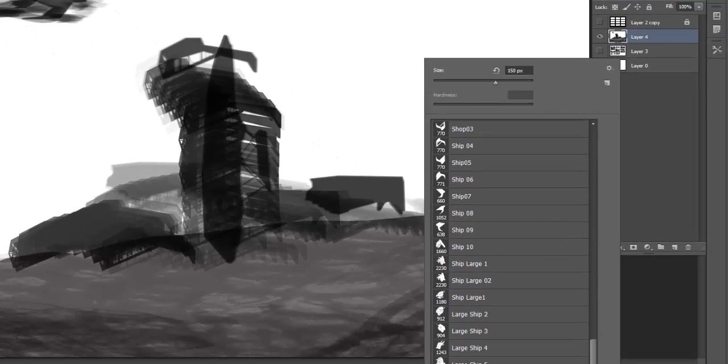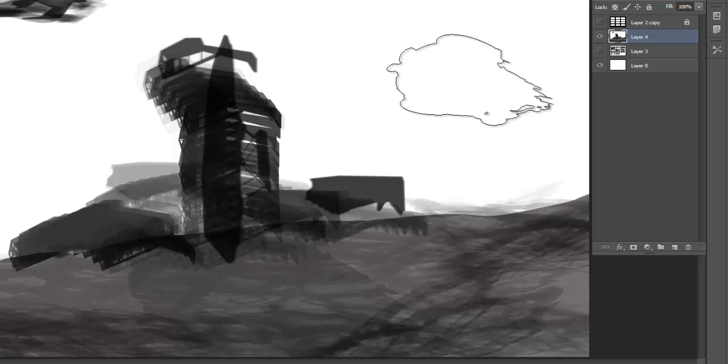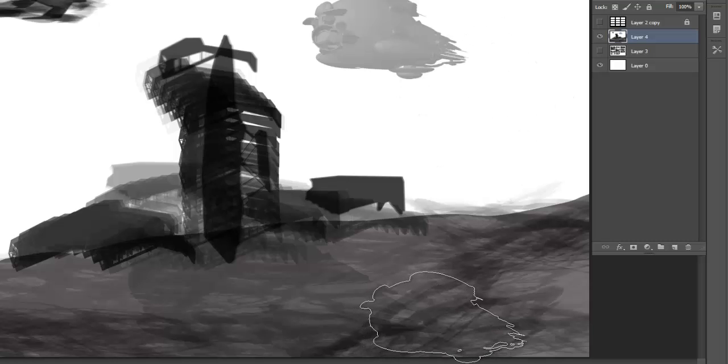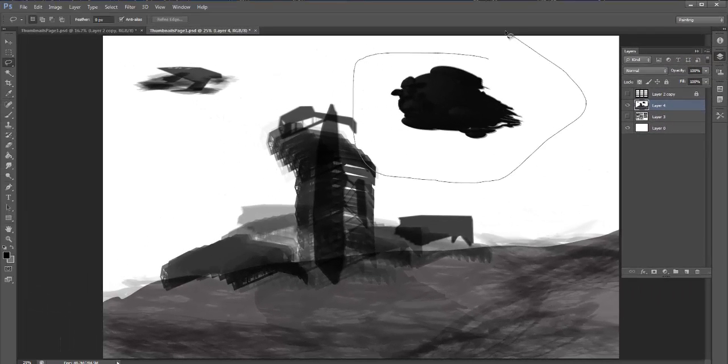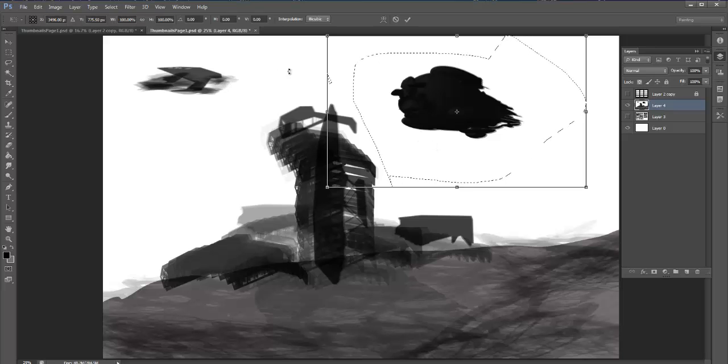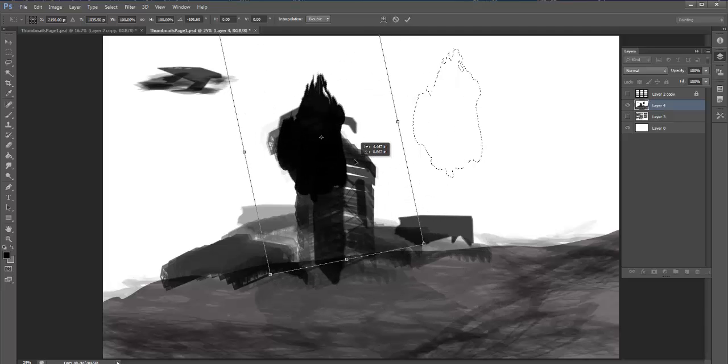Now, what I did is I took a couple of Maya models that I made. So when I really want to cheat, I can just do this, and I have my ship already in perspective. So I took Maya renders that I did of ships, and if I go over them a couple more times, they get really dark, and then there are silhouettes. And what's cool about using the silhouettes is, having them as silhouettes, look, I can transfer them, and see how that makes a cool building somewhere in the back. I can tie that in there,